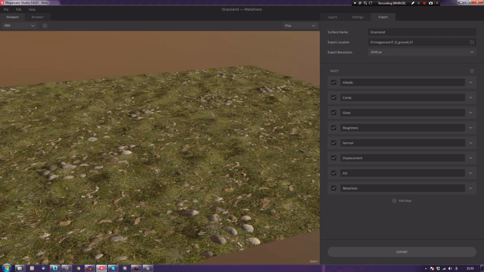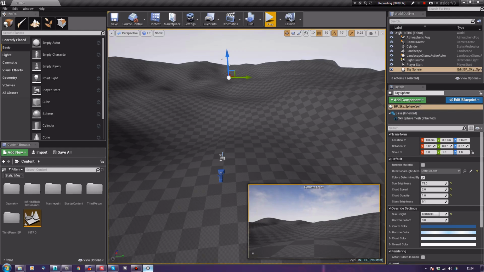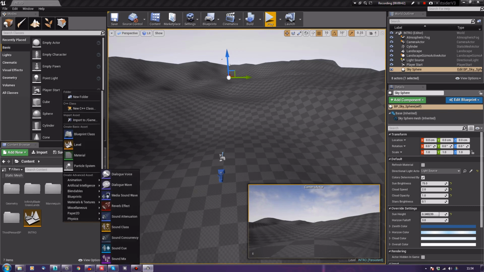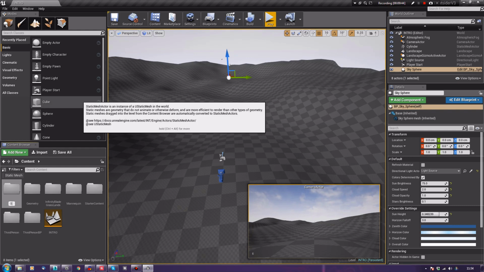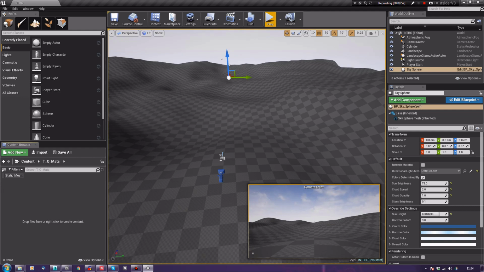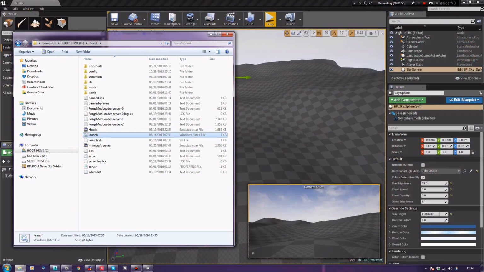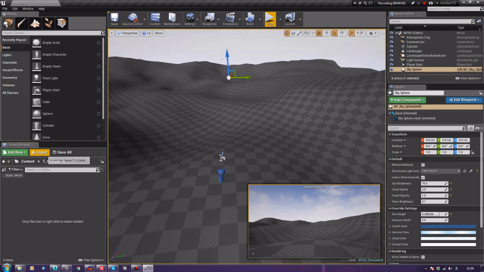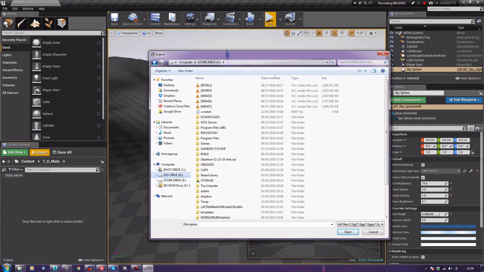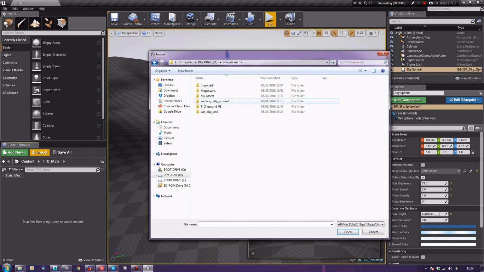There we go. Now I'm going to go over to my Unreal Engine and right click, new folder, TO mats, and in here I'm going to, no I need to hex it, I'm going to import from over here in my Megascans folder, TO ground 1,